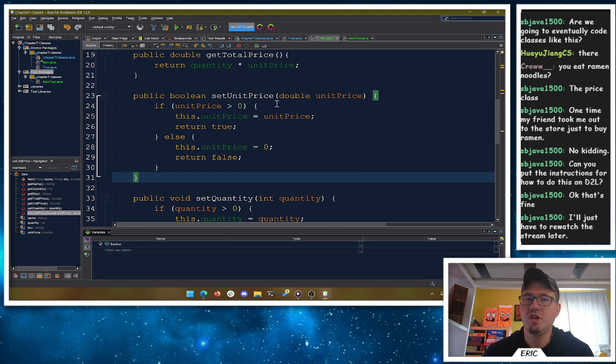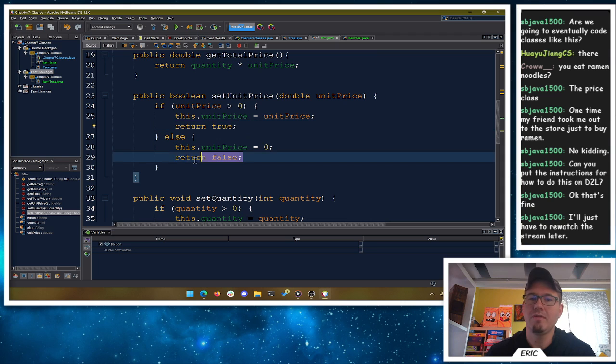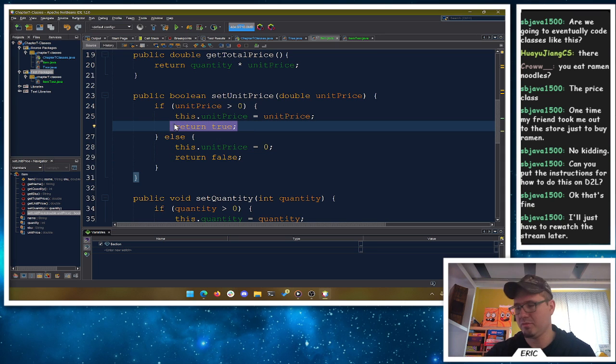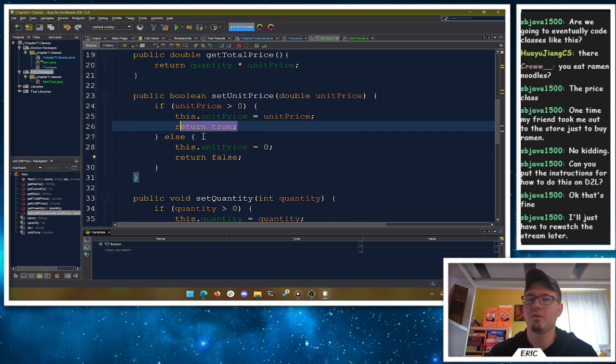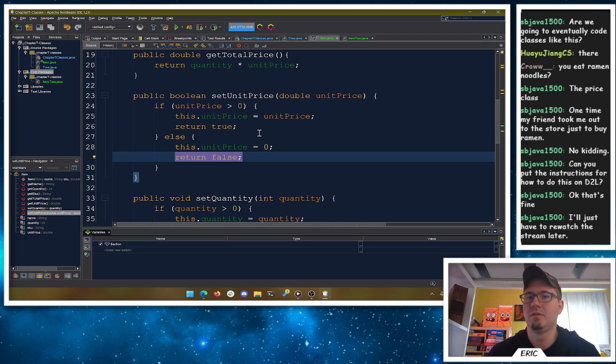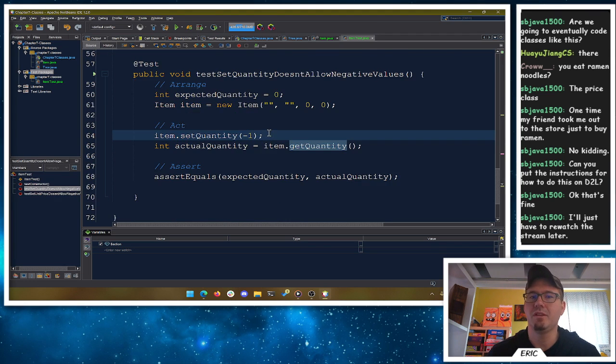So the class's job is not to spit things out to the console. It needs to communicate by returning values. Again, we'll talk about other things too when we get to exceptions, but we're not there yet. So I need to be able to return a value saying, yes, this worked, or false, no, it didn't work, so that when someone calls set unit price, we can see whether we got what we expected.